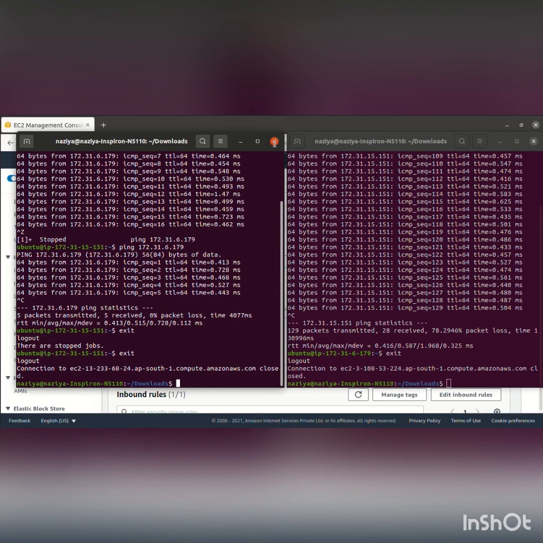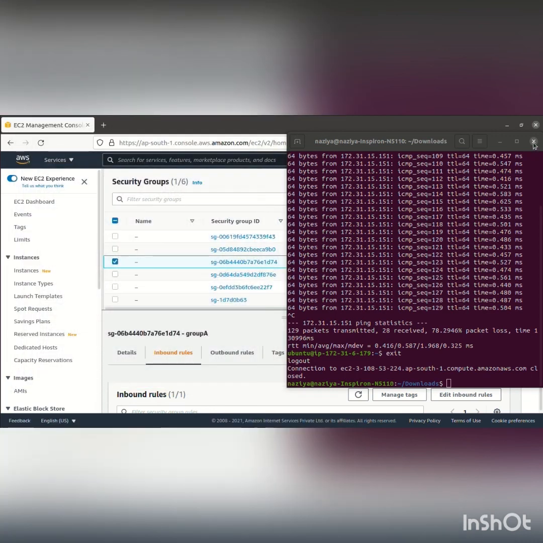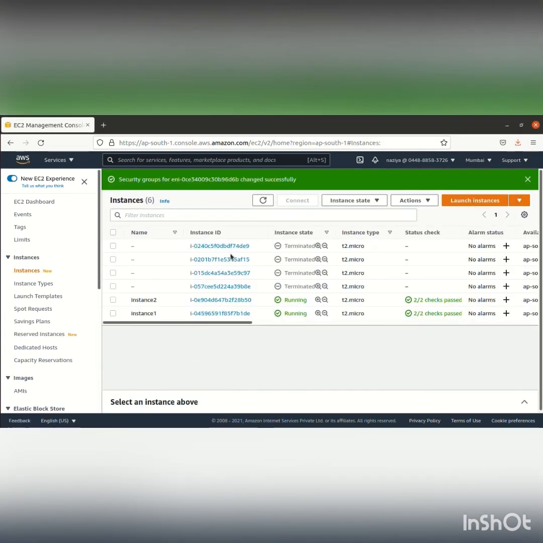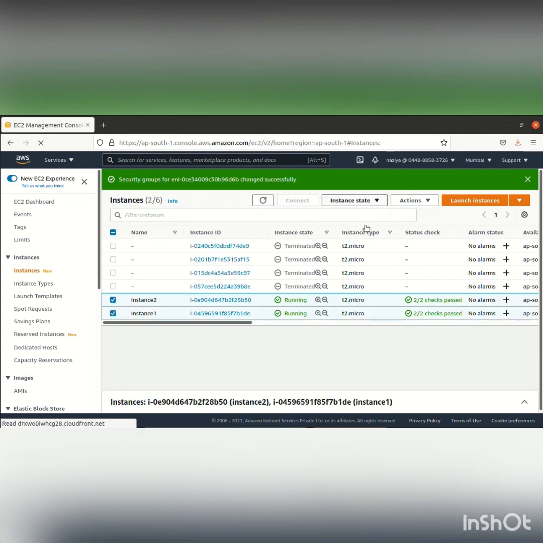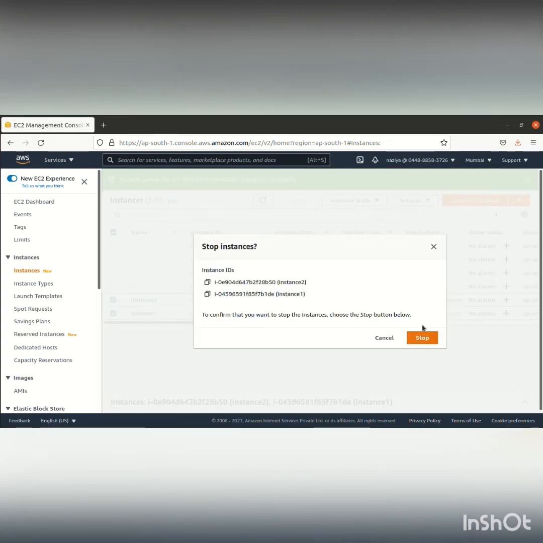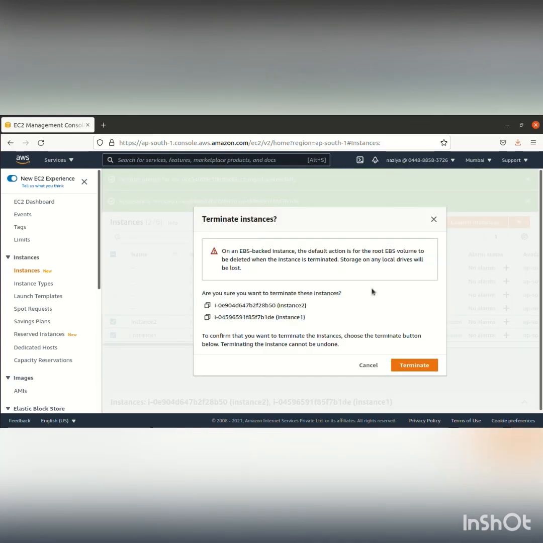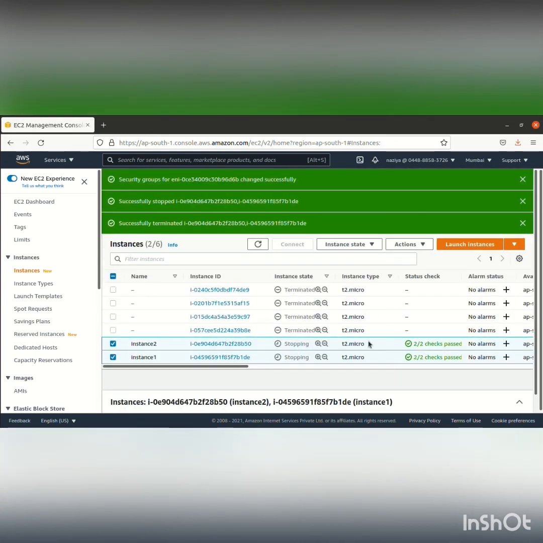So we'll close the terminals. Make sure you stop and also terminate the instances to avoid unnecessary billing. Here we are using the free tier, but it's a good habit to stop and terminate these instances, terminate both the instances.